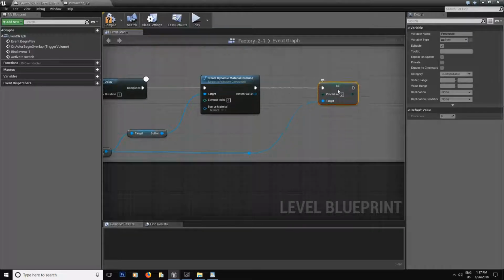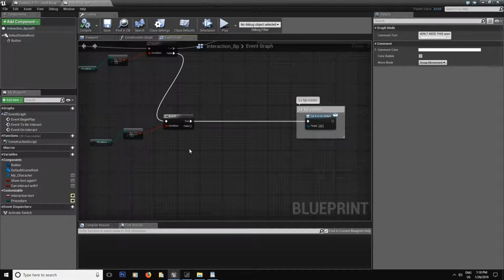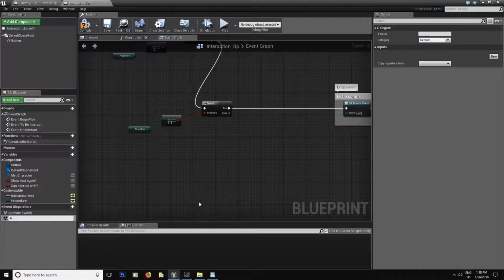And that's it, you're done. And the reason I chose procedure 2, it could actually be procedure 1, but since I already called this one activate switch, it won't work well. I prefer to keep my program clean, to just create another dispatcher and say activate